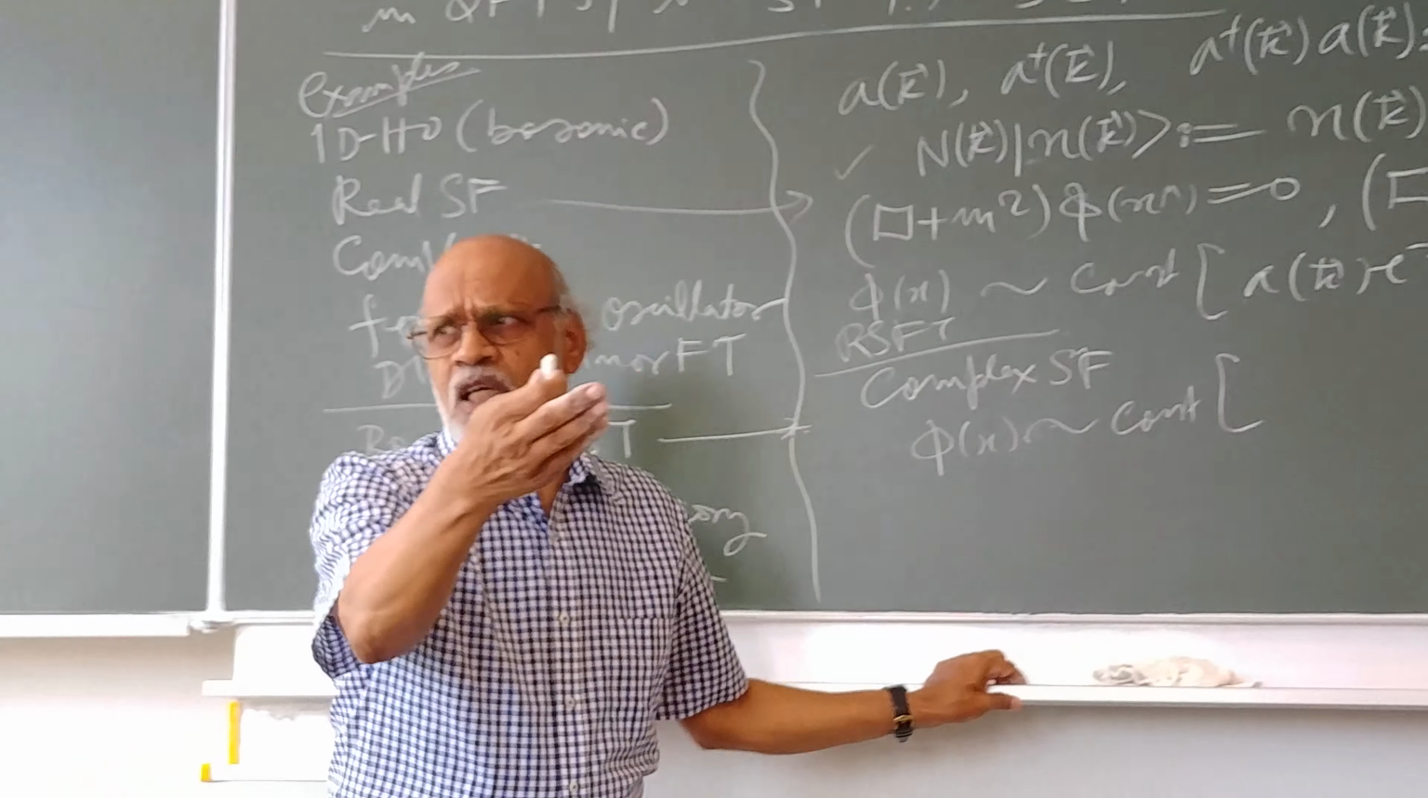So what happens for the case of the simple harmonic oscillator, the one-dimensional harmonic oscillator? I have only one set of A and A dagger, and there will be only one number operator, which is the product of A dagger and A. For the real scalar field theory, I would have only one wave equation, D'Alembertian plus m squared phi. This D'Alembertian,